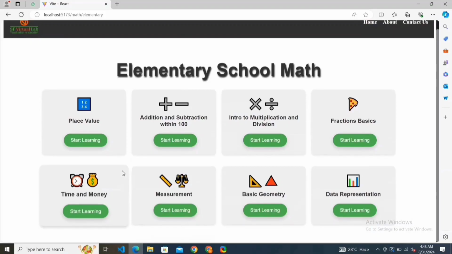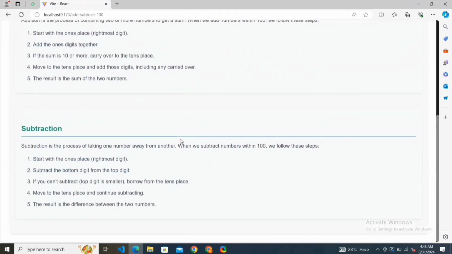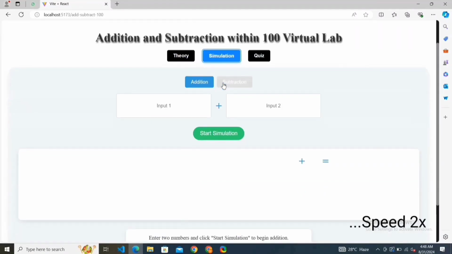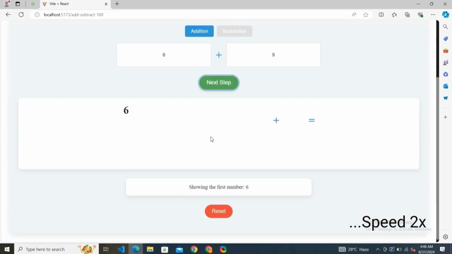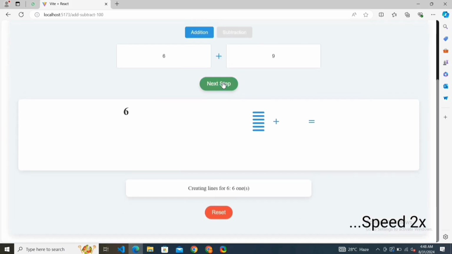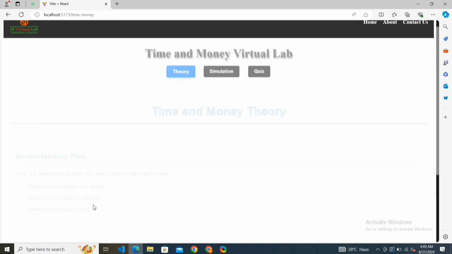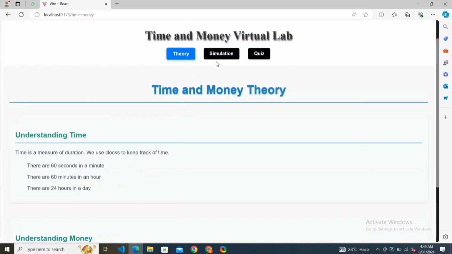For elementary school students, we move to adding and subtraction, how adding and subtraction work. Then the time and money virtual lab. So you can see